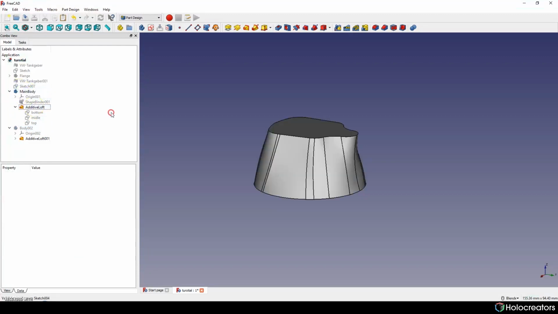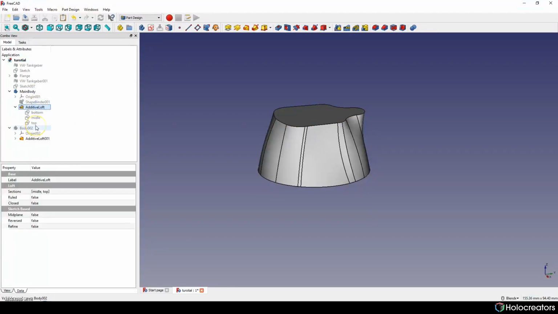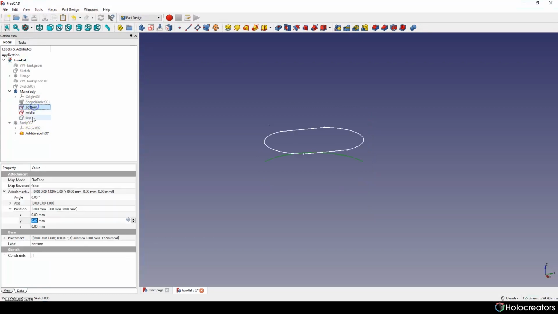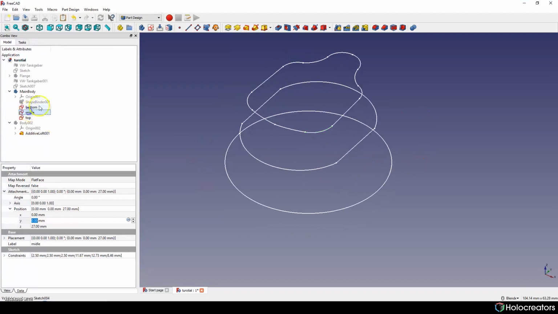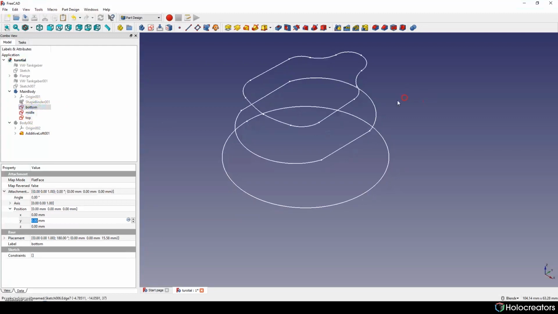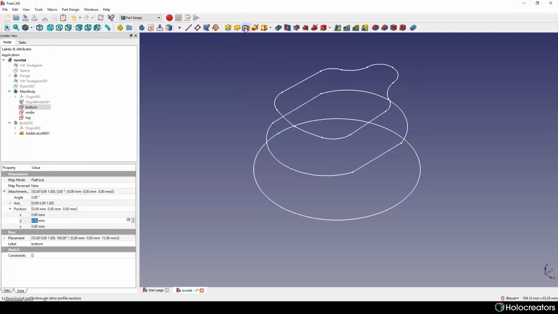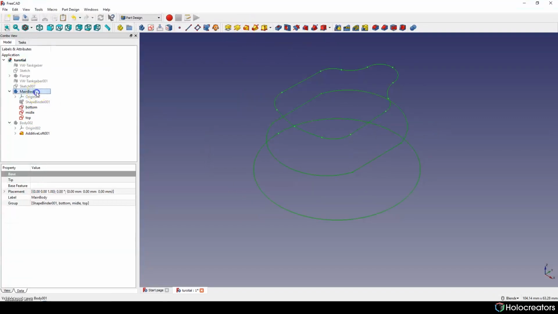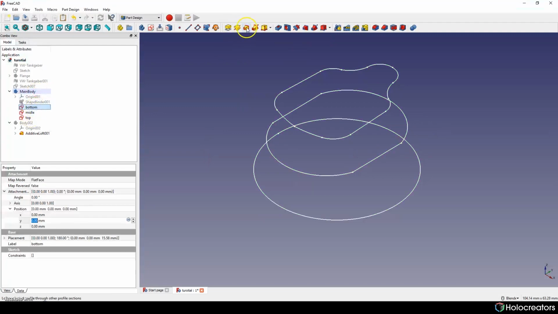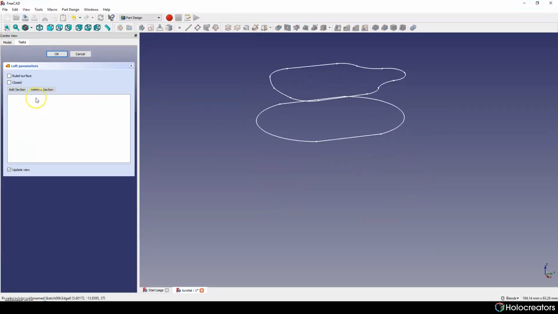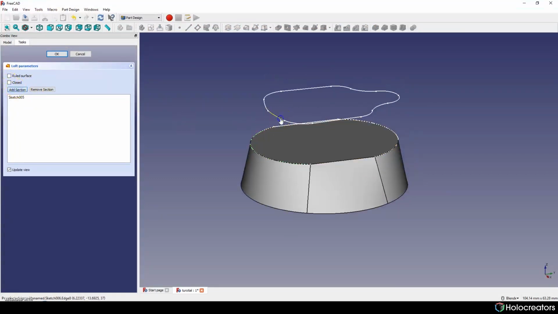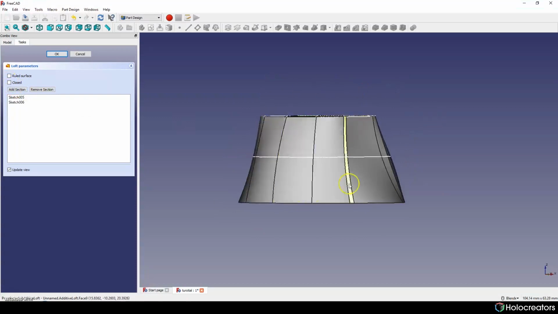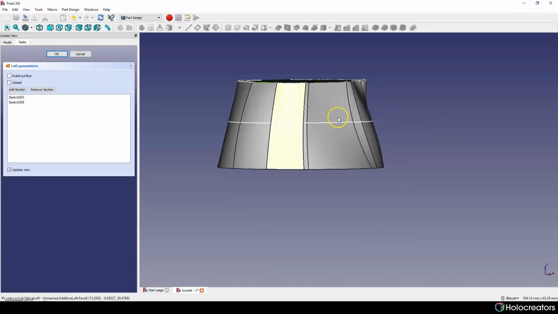Basically it was like this. We have our three sketches. We choose the bottom one, we press the loft tool, and we press add section, and so on till we ended up with this result.